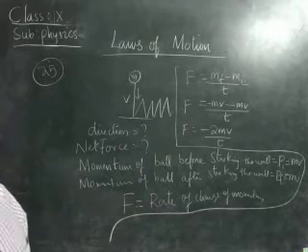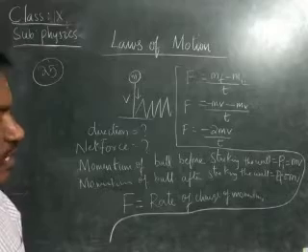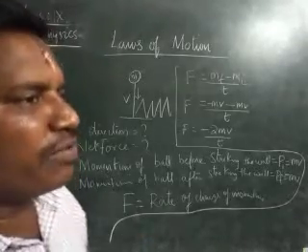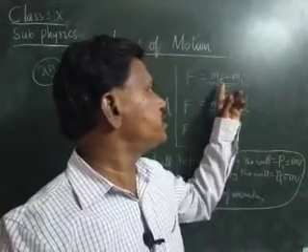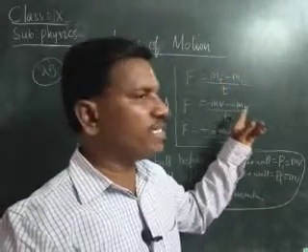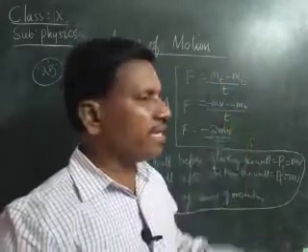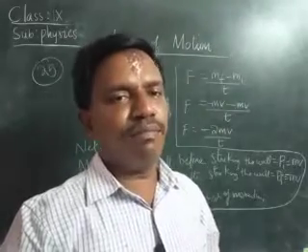Net force is given by the formula of the rate of change of momentum. Rate of change of momentum is the final momentum minus the initial momentum by t. Therefore, with final momentum minus mv and initial momentum mv, we are getting minus 2 mv by t, children.